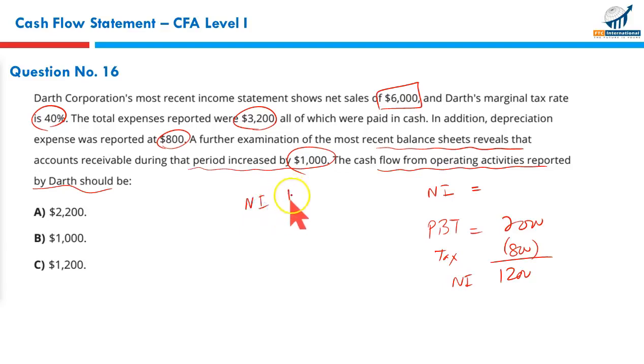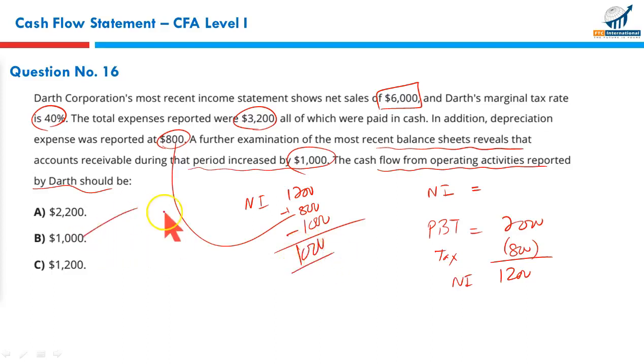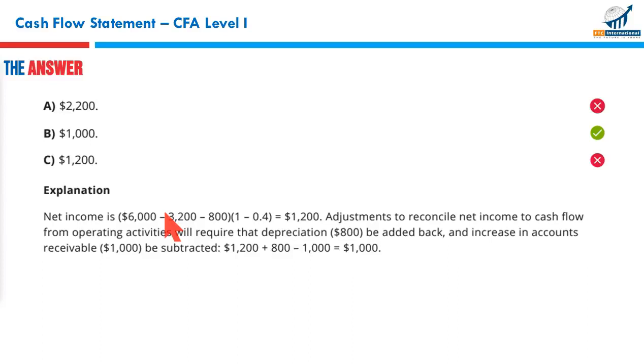That's what we get to work on. Net income is 1,200. In this net income, we add depreciation in full as a non-cash expense. That's the normal practice. Net income, add depreciation, other adjustments for working capital. What else do we need? We need to adjust this $1,000 representing increase in accounts receivable. Increase in accounts receivable means they didn't pay. When they don't pay, effectively it's an outflow. So netting them all, 1,200 plus 800 less 1,000 should give you 1,000. So that makes B the correct option, and B it is.